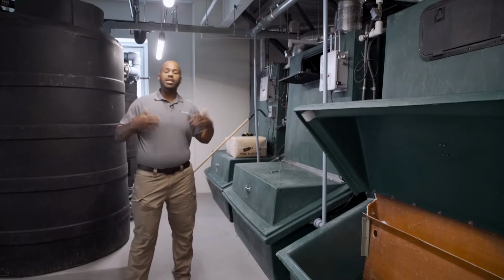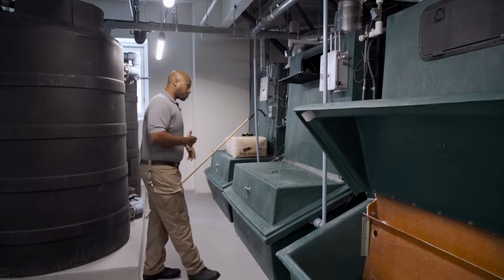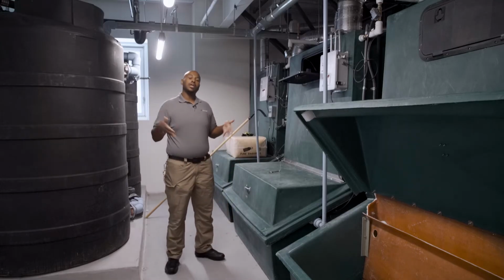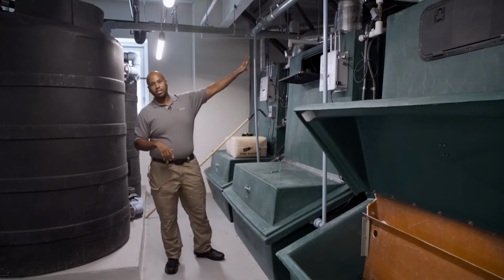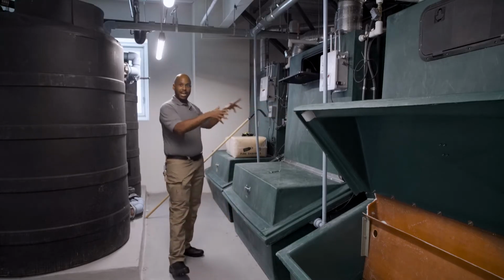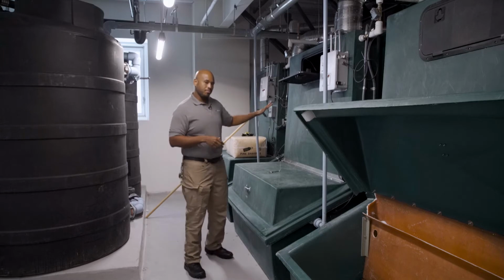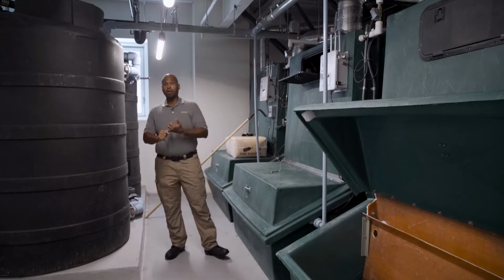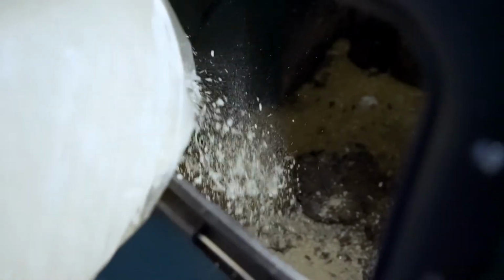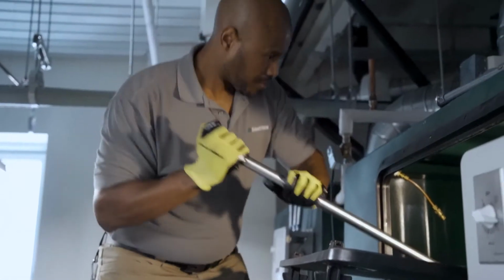So you're not even using any potable water in the process. It's a mixture of the soap and the water in the bowls that helps to lubricate the sides of the bowls, and that helps the solids go down, and they feed directly into this composter here. Inside the composter is really where that magic happens. In here we have a mix of nitrogen, carbon, and oxygen, and that balanced mix helps create this nice rich environment, almost like a forest floor, for earthworms and other organisms to convert that organic waste into